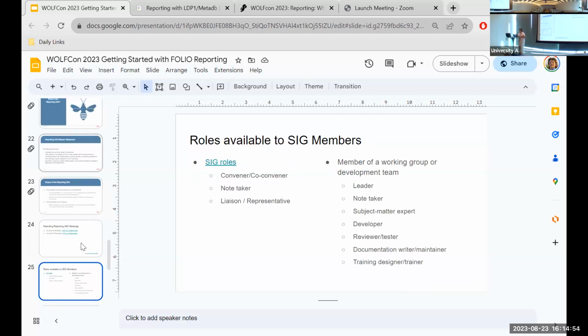We have lots of roles available. Convener is now split into co-conveners. So Scott and I are in that role, and note-taking at meetings, liaisons. We are liaison currently to product councils, Jen Eustace, from the University of Massachusetts at Amherst, part of 5 colleges. And the other roles that we have, if you're interested in joining, is leading development teams,